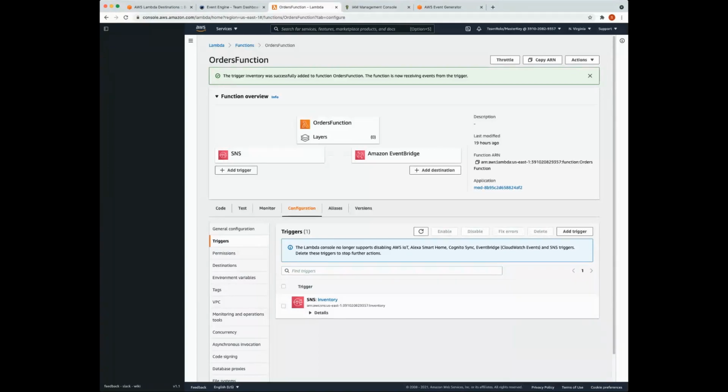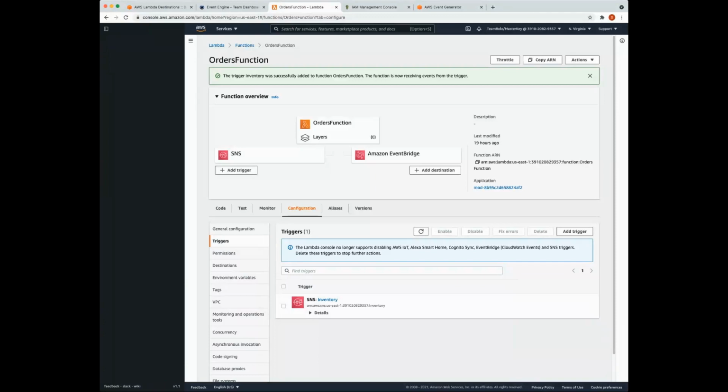So if you recall, we configured a rule that actually filtered for events with an EU location, and we had set, I believe it was Step Functions, as the target for that rule, right? So the Step Functions workflow is going to then send the message to the inventory SNS topic, which is then going to route that message to our Lambda function that we just looked at here.